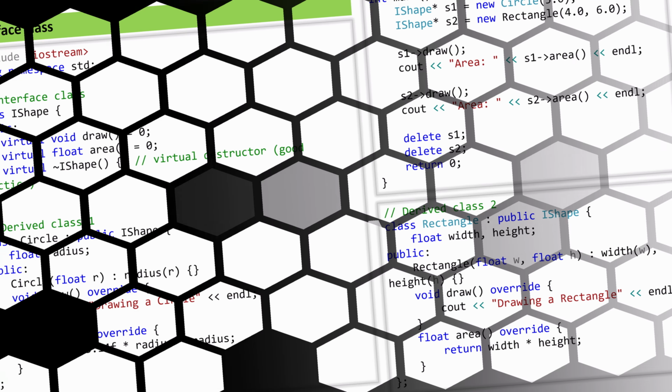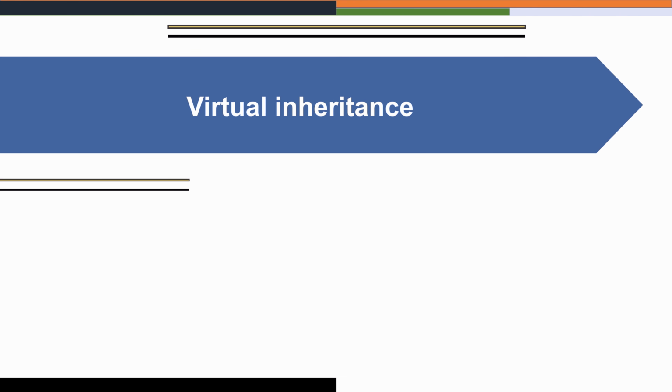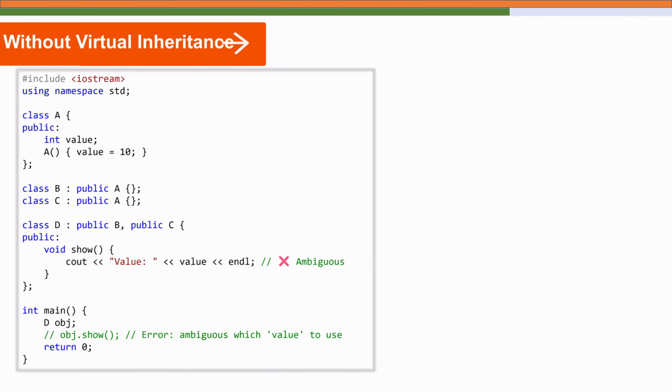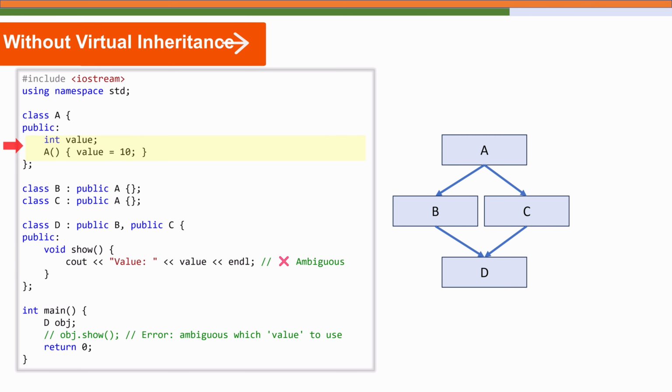Now let's discuss another important concept, that is virtual inheritance, and the diamond problem that we briefly discussed at the start of this session. So imagine you are building a class hierarchy. You create a base class, maybe class A. So far everything is fine. Now you create two classes, class B and class C, inherited directly from class A. So both B and C inherit from A. Still okay. But then